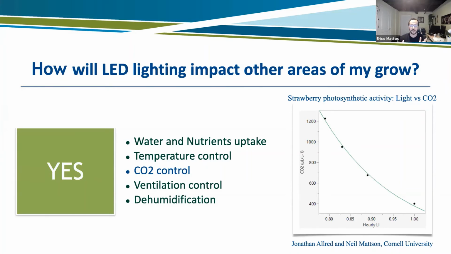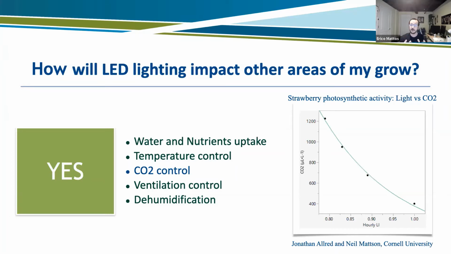Water and nutrient uptake. So we know, right, VPD, the vapor pressure deficit, can really impact transpiration in the plant. And that'll be the system that is bringing the water to the plants and taking the nutrients, not only to the plant, but cell to cell. So if you now change your LED lighting system and you provide more or less light, you induce certain receptors of the plant versus another if you have your traditional HPS lighting. That, compared to the temperature in the room, you will be affecting those aspects.